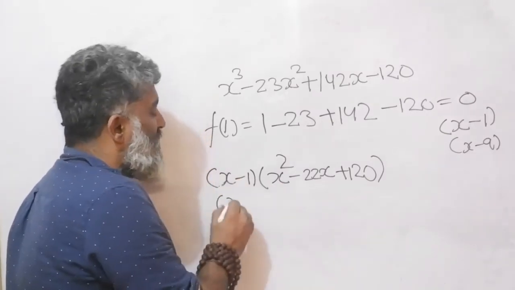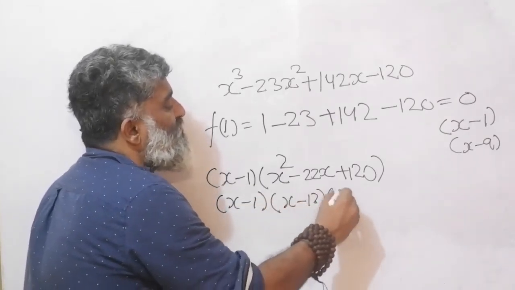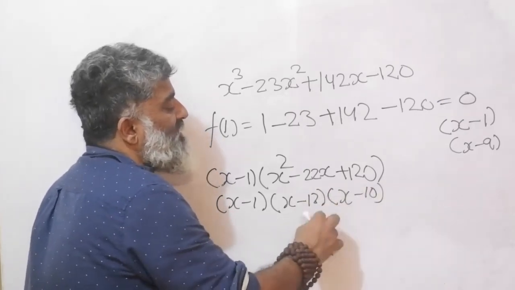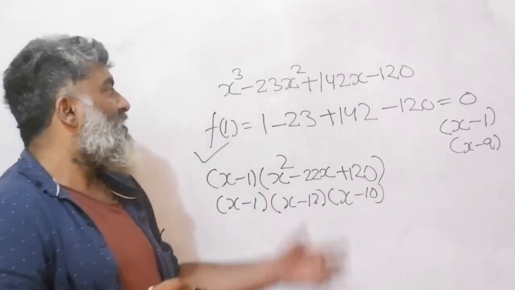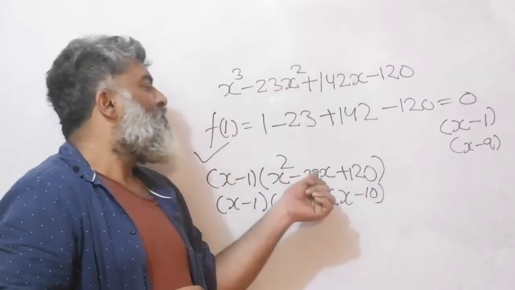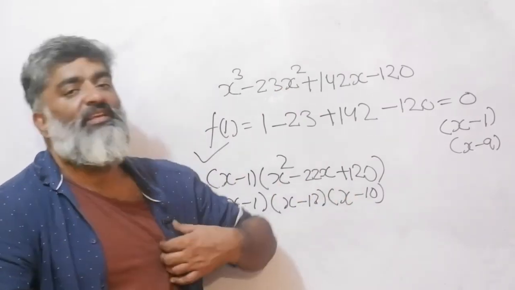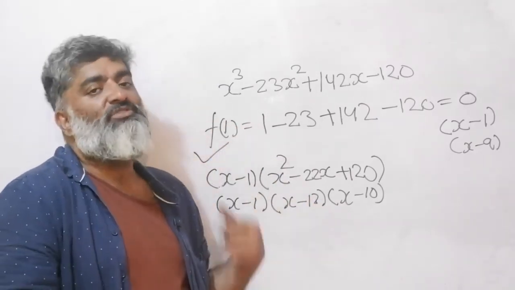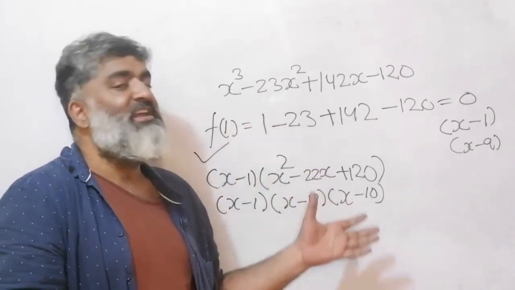So what you already have is x minus 1, and then you can say I have x minus 12 into x minus 10. So 12 into 10 gives you 120, and minus 12x and minus 10x will give you minus 22x. So great. Now we have not only factorized it to a quadratic, but further factorized it, though this one was already easy, we did not need to use the splitting of the term. So maybe in later journeys expect a combination of all of these, but you already have enough to start playing with any such kind of problem or challenge that comes your way.